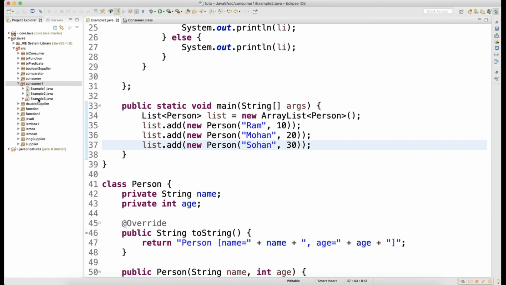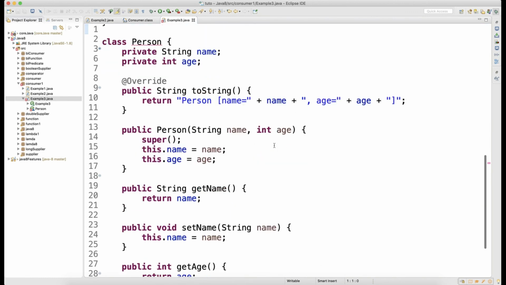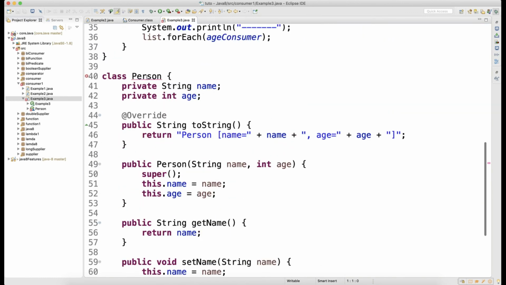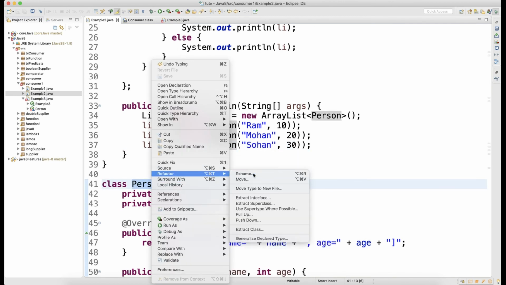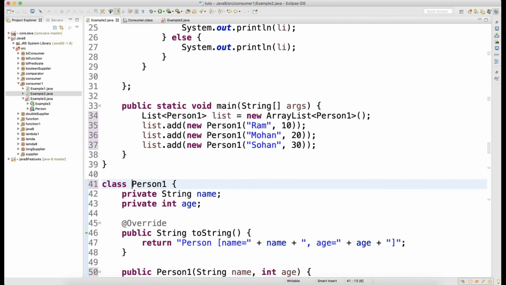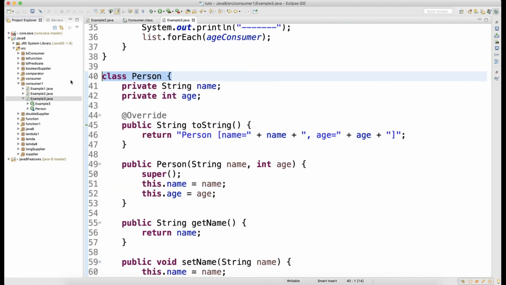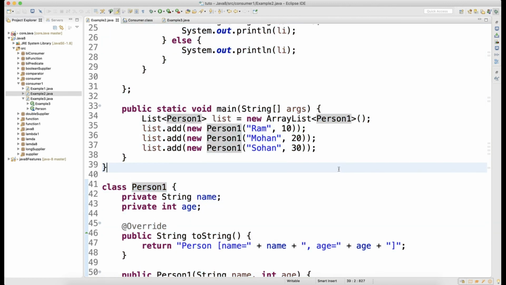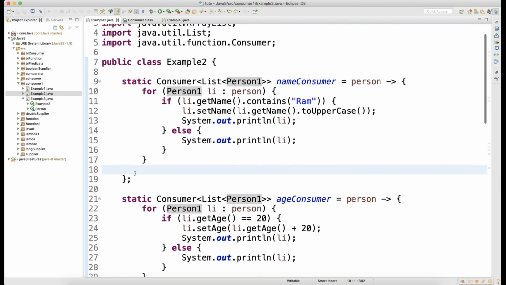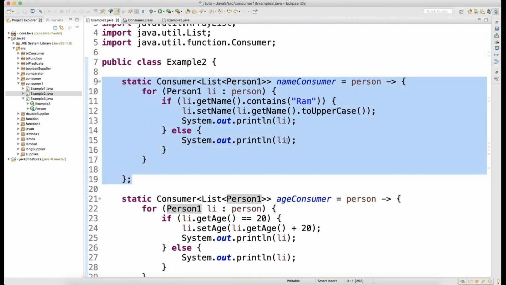So what happened to this example 3? Why is it showing an error? Okay, because I cannot write the same class in the same package, right? So what I'm going to do is refactor this to person 1. Or in fact, I can remove it from this class, because example 3 has a person, so the same will get called, but that's fine. I just refactor to person 1, nothing will change, same data, only what I did, I modified the consumer. My consumer is now taking a list of data.